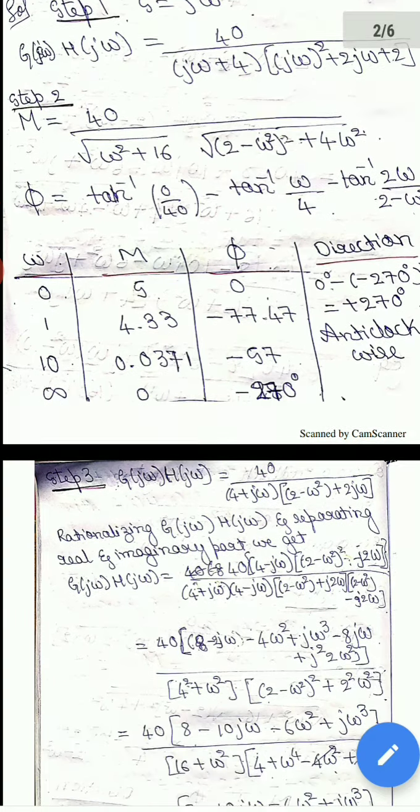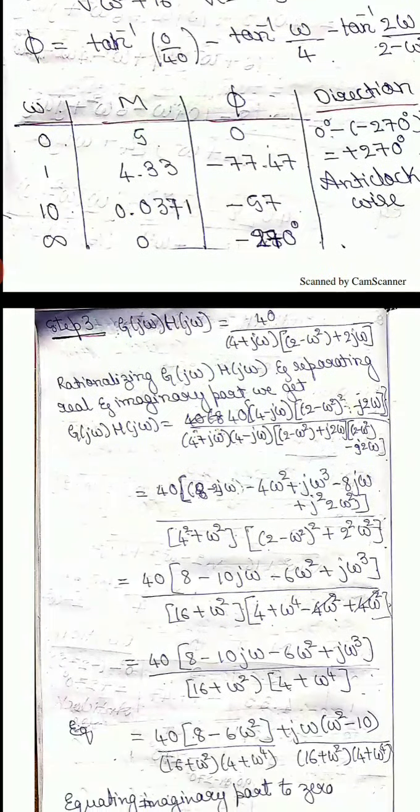Next, in step 3 we need to rationalize the G(j omega)H(j omega). In the denominator, the equation should be rationalized. Rationalizing G(j omega)H(j omega), and the next step is separating real part and imaginary part. I have rationalized: 40 into 4 minus j omega